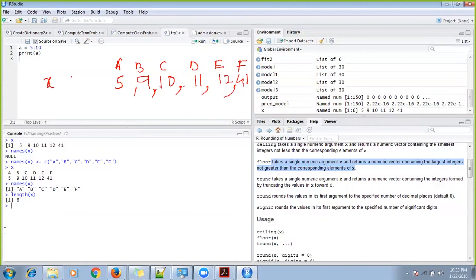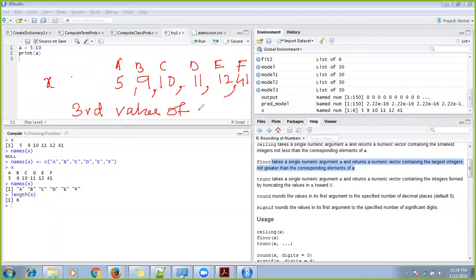There are 6 elements, 6 values stored inside the vector X. I want to know the third value of X. Index starts at 1: this is the first value, second value, third, fourth, fifth, sixth.